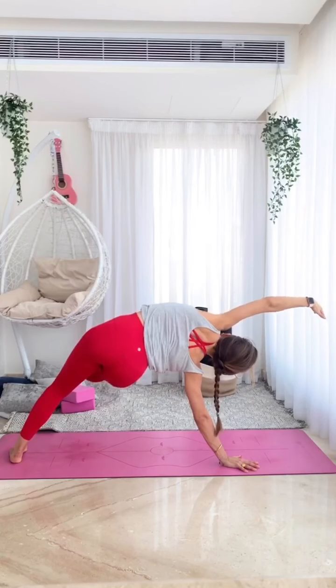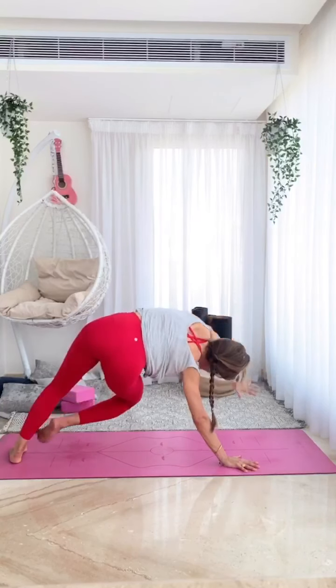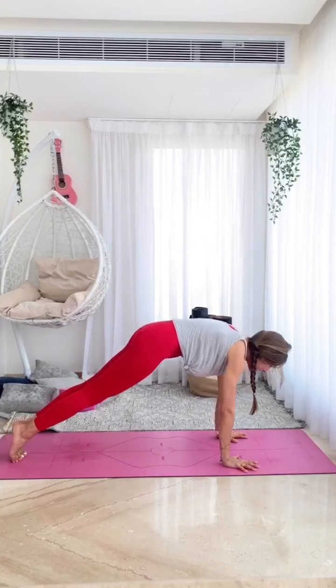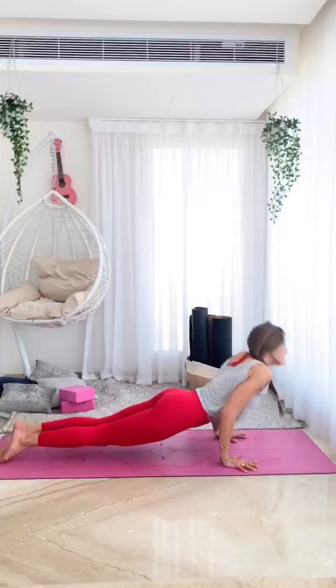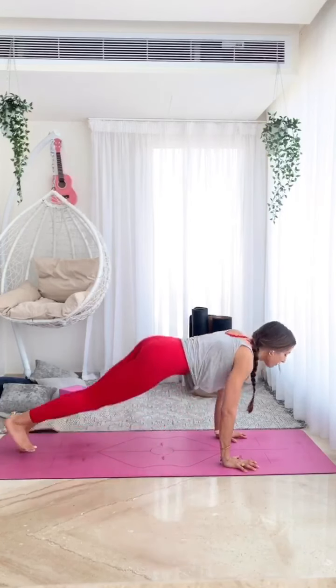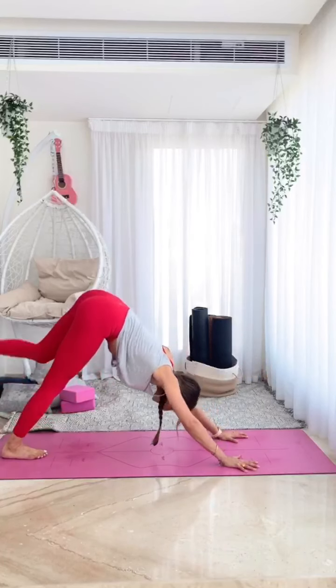Take one more breath here. Inhale, exhale, everyone. Close it off into plank. Finding your plank, press into your hands. Inhale, exhale, chaturanga. Inhale, open, up dog. Exhale, downward facing dog. Lifting the left foot up,